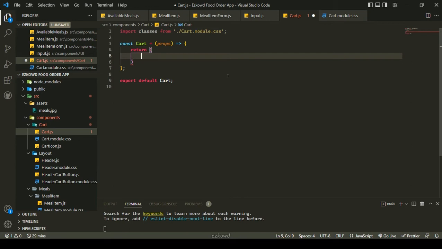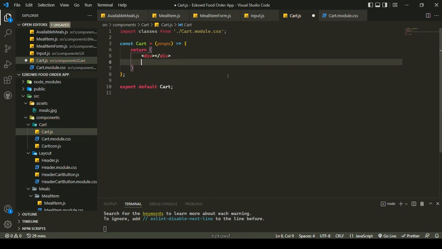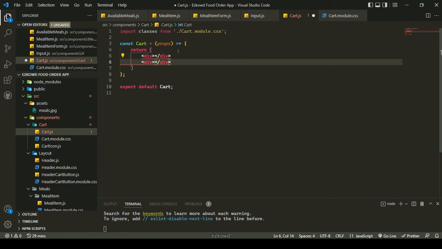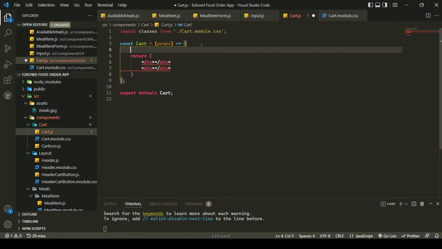Una, kailangan natin ng div. Yan. Dalawang div. And then, for the meantime, gawa muna tayo ng dummy data ulit. So, gawa tayo ng constant. Sabihin natin cart item is equals to array of data. So, let's say,